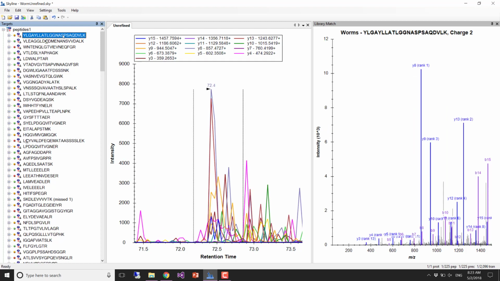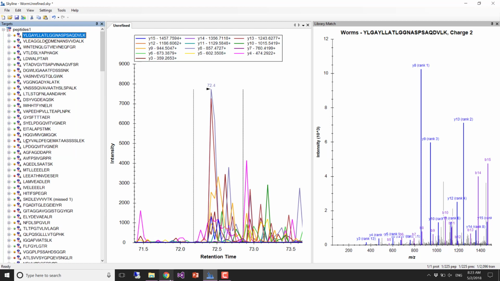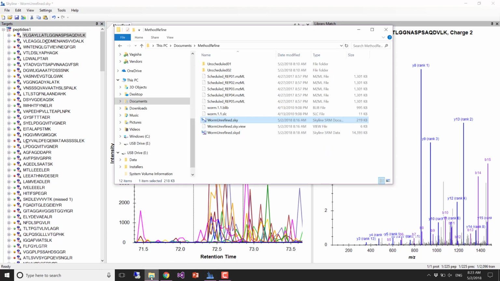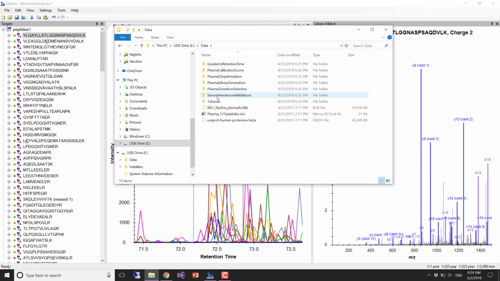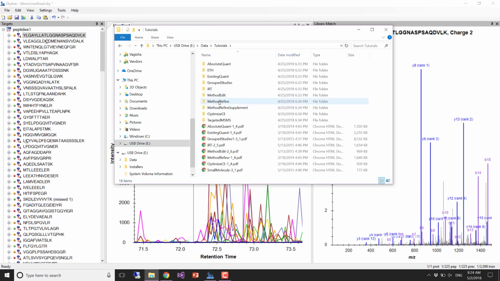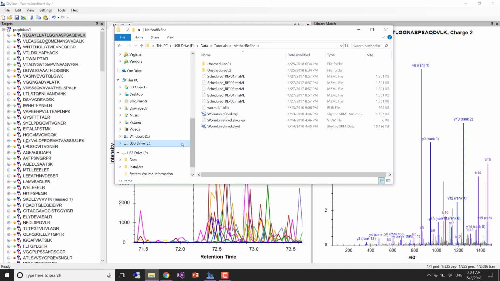If you just came in, are there people who haven't, raise your hand if you're not really even started? Okay, so if you just came in to get started, you can now join us pretty much by going to the flash drive and copying from data tutorials. Just copy method refine into your documents directory and open the worm unrefined.sky, and you'll be right